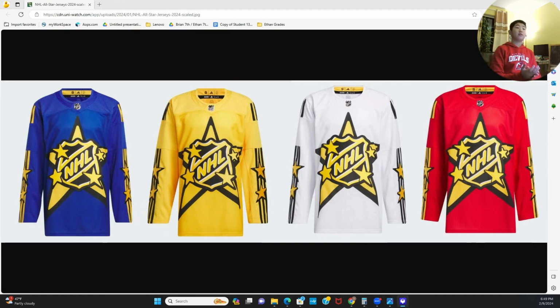These jerseys, I feel like they're really simple. The design of the stars. I love the background, the NHL logo kind of sitting on that star, and I feel like the star is more giving that hand drawn vibe rather than a computer design vibe. Cause I just get that feeling. The NHL logo as well. I feel like someone just went up and scribbled it, which I think is a really nice touch, rather than just copy and pasting the NHL logo onto the jersey like they've done